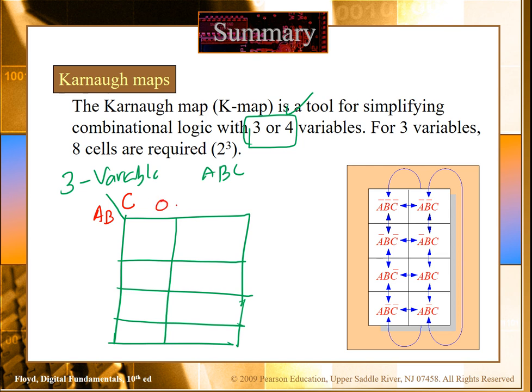C could be 0 and 1. For A, B we could have 0 0, 0 1, with only one bit change, then 1 1, and 1 0. These are the 4 possible combinations of these 2 variables.